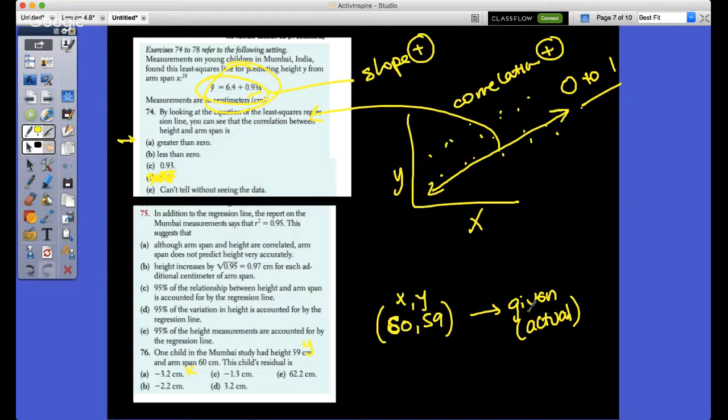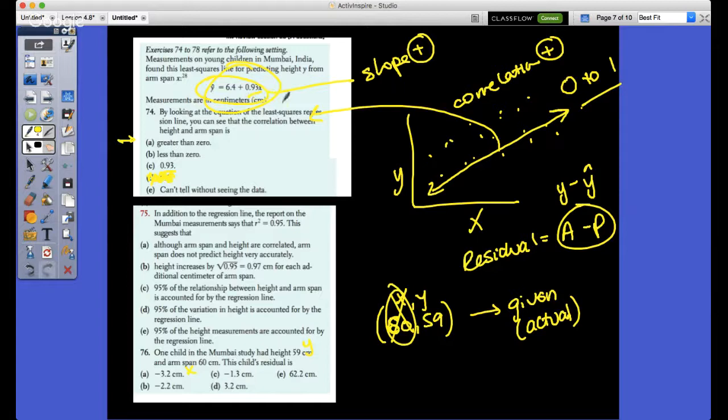Just telling you. So if I was to find the residual, we have the residual equals actual minus predicted. And again, we're talking about Y minus Y hat. That's the actual Y minus the predicted Y. That's what we're referring to. X does not really have a play on this part except to find the predicted. We have to plug 60 into the equation to find that predicted.